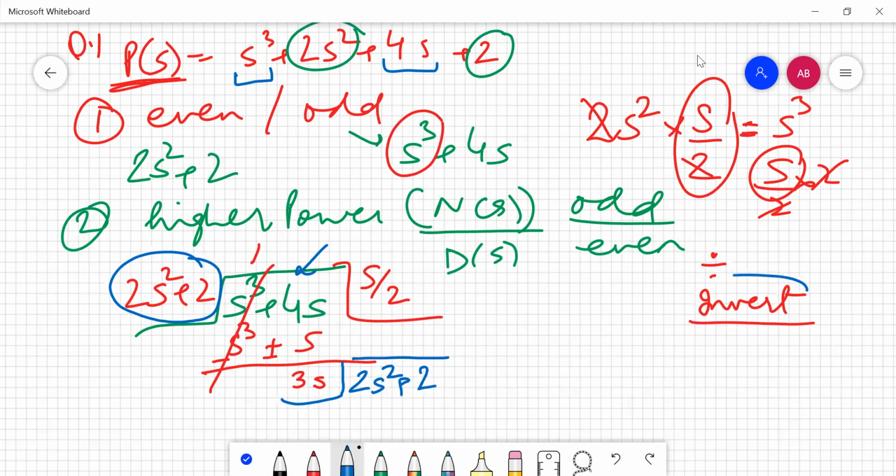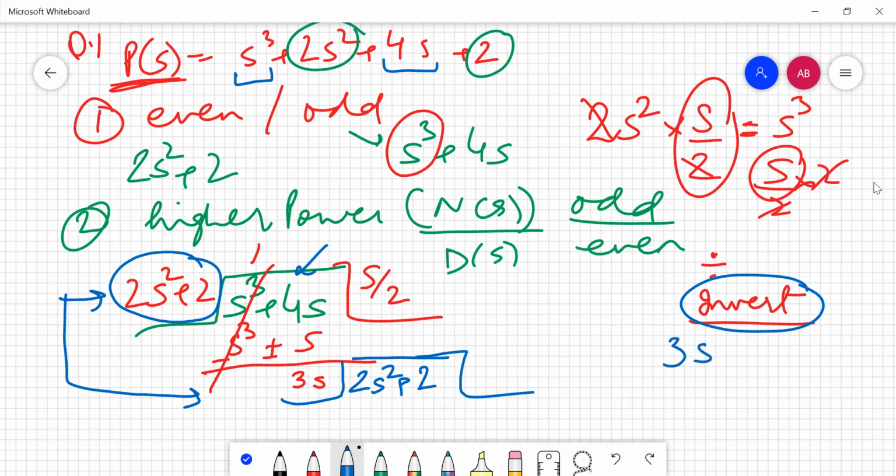So this is called your inversion. Listen once again. The polynomial that was dividing the numerator first is now, in the second step, going to get divided itself. So now you are going to divide by 3s. Again, you have to see what should get multiplied by 3s so that you get 2s square. Here you can see that you have to multiply it by s, divide it by 3, and then